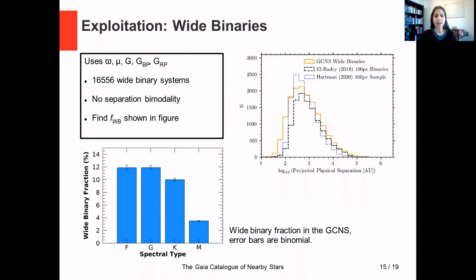Instead, in the figure at the bottom, we look at the wide binary fraction as a function of spectral type. As we can see, the F and G spectral types are rather constant, and this is also within the limits of recent results in the literature. The K spectral type shows a hint of a slight decline, and the M spectral types instead show a sharp decline. This is likely to be real. And I would like to note that also for K spectral types, we are complete, whereas at M type, we are slightly incomplete at subspectral types greater than M7.